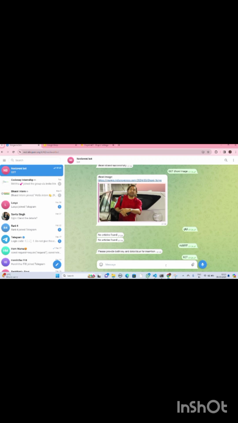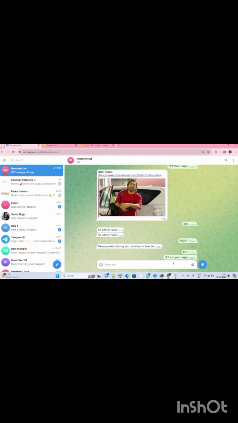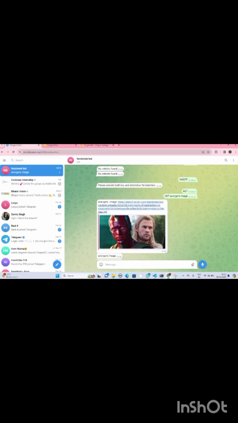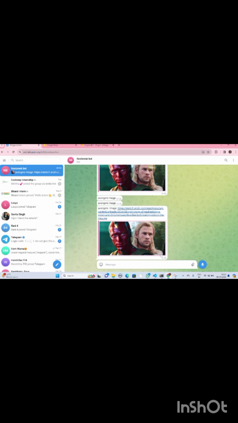Here we have to enter any kind of news article name, then it will give all news about our request. Here I am giving get Avengers image and it will give the image of Avengers.